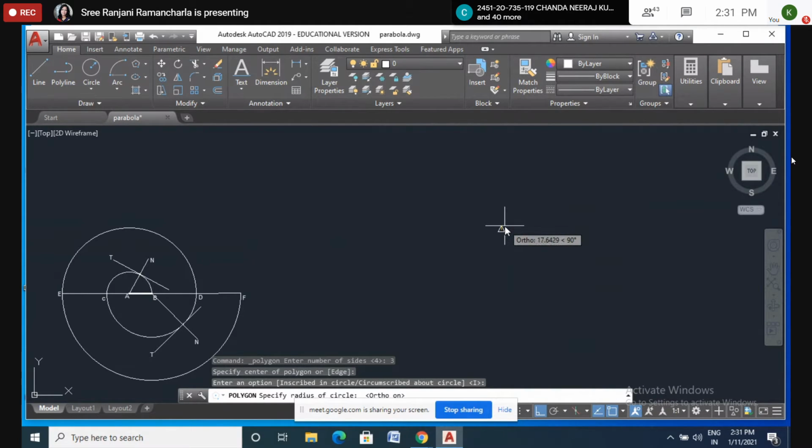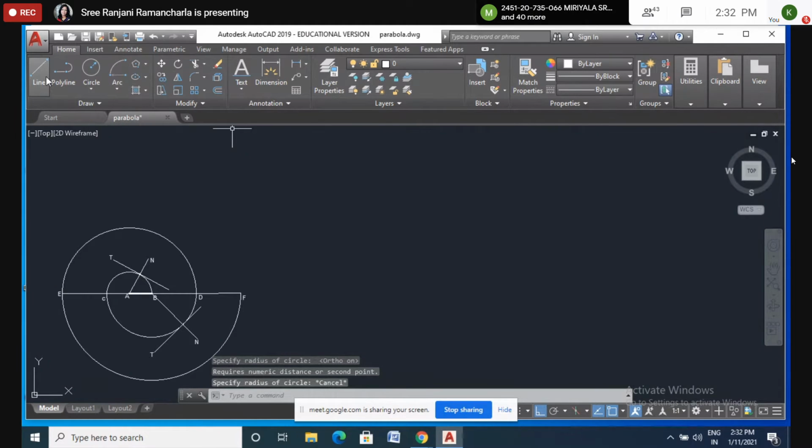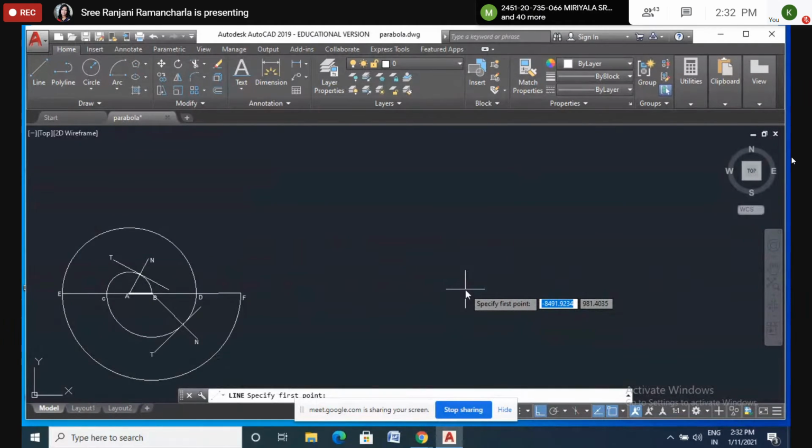How am I dragging this one? The first number is the length from the center. So I don't want to take that. So what you do? You draw a 1 centimeter side of a triangle, 2 centimeter side of a triangle. Draw a 2 centimeter side of an equilateral triangle, all of you. You know how to draw the equilateral triangle? Yes or no? Yes, ma'am. So please look on the screen.